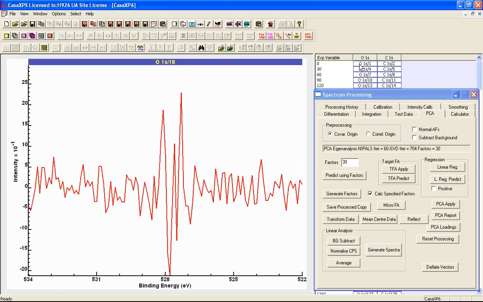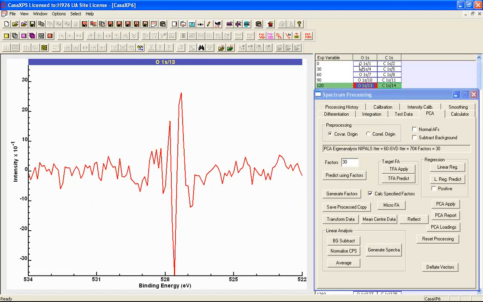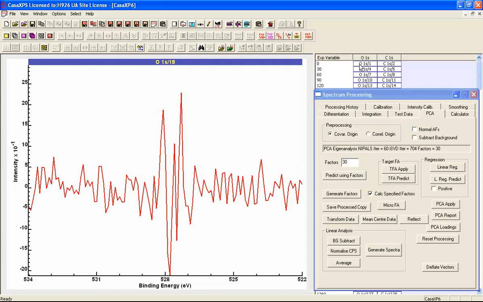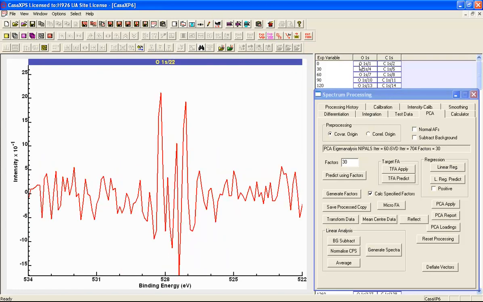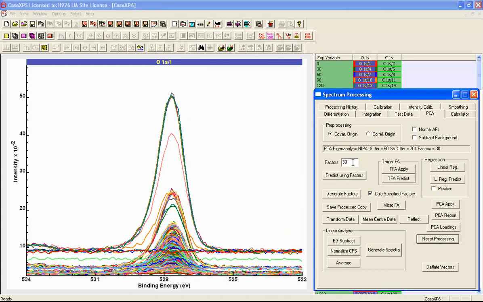Now the difference between the carbon and the oxygen is that when we have polystyrene, there is no signal for the oxygen, and therefore we need to have some vectors in our calculation of the noise reduced data set that actually represent noise, because that is part of the polystyrene data. So let's reset these. I'm going to use 12 because I'd like to have some representation of noise to compensate for the fact that I have noise as the characteristic of polystyrene. So I'll say predict using 12,